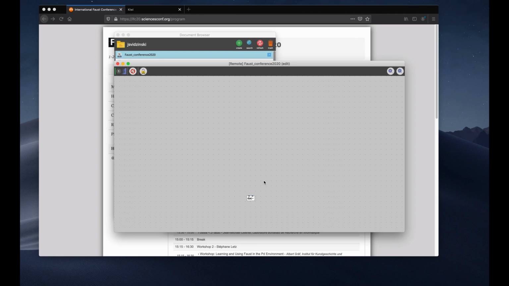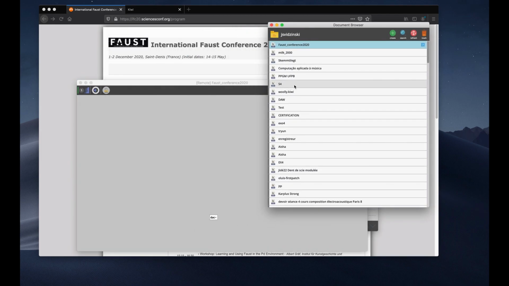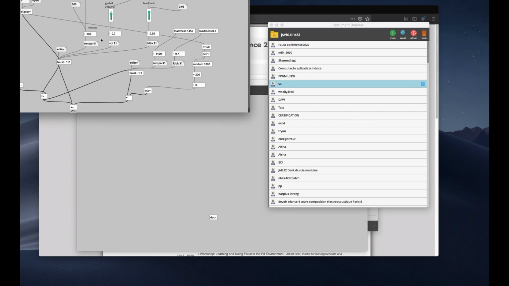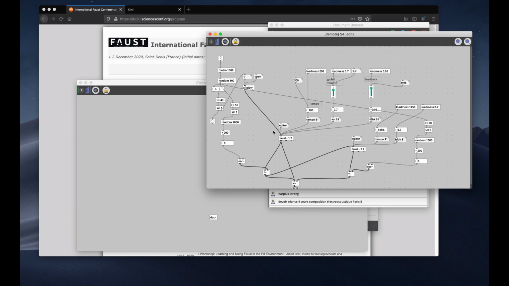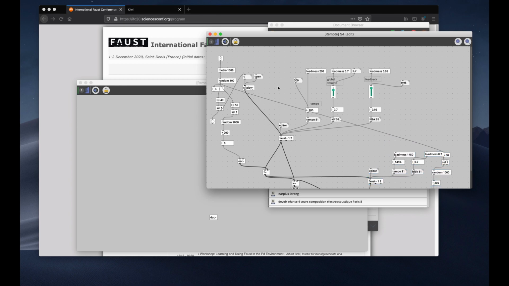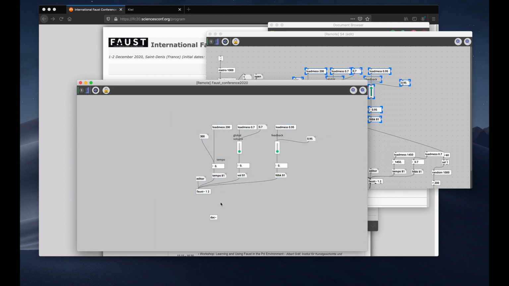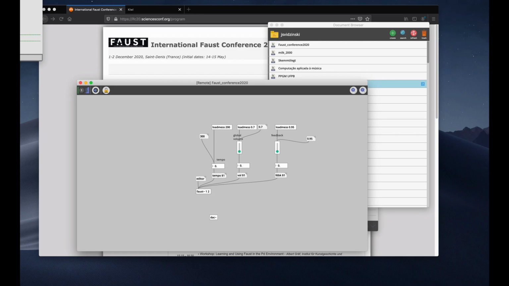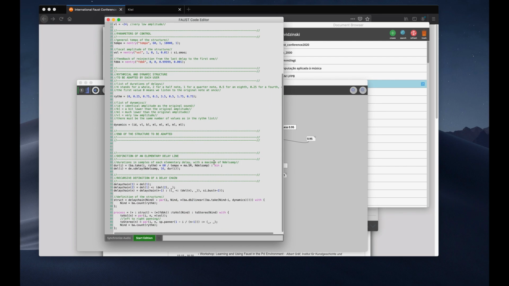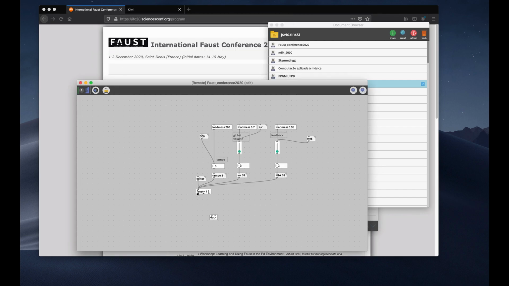As soon as you create it and you change it, it's on the server. And of course, we don't need Faust to make a white noise. So for our session, we can pick some code already done. Here is an example of a delay made by University Paris 8 students. So I can just steal it. I pick it here. So now we have the code here, and for example, we can start our live coding session with this